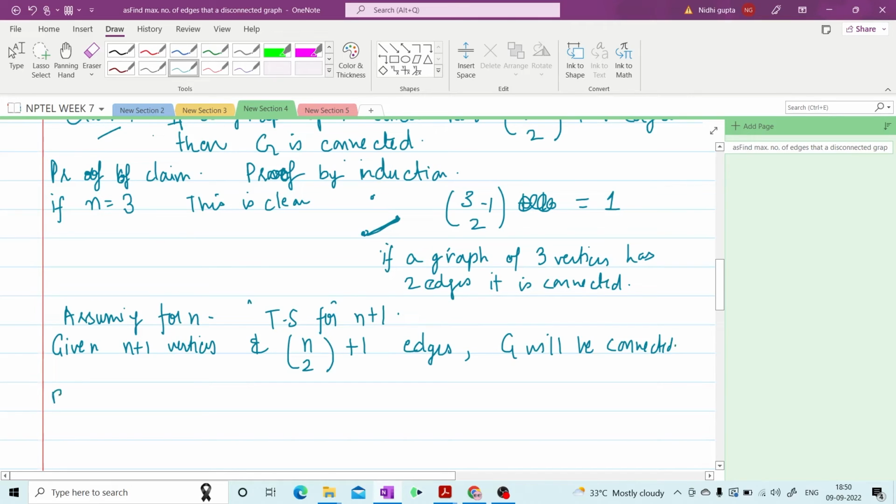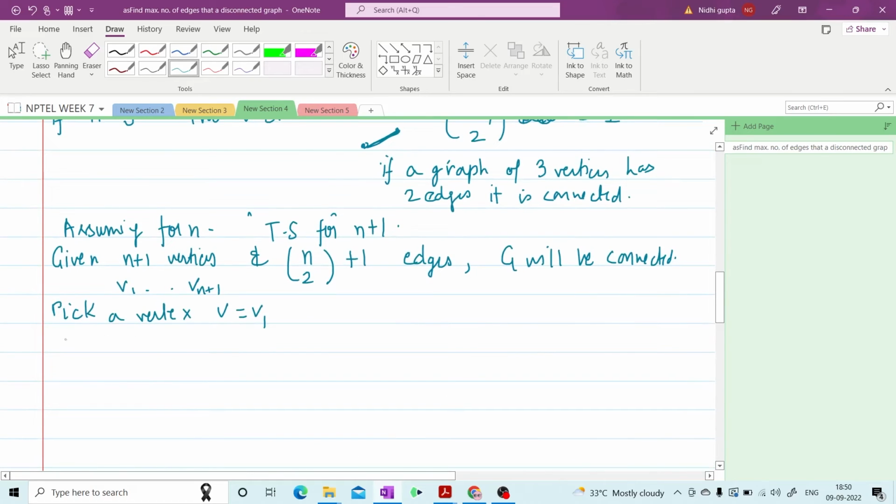So pick a vertex. Suppose V1 to Vn plus 1 are the vertices. Pick a vertex V, say V1. Then first of all, the degree of V is greater than 0. Why? Because if the degree of V is equal to 0, then all edges